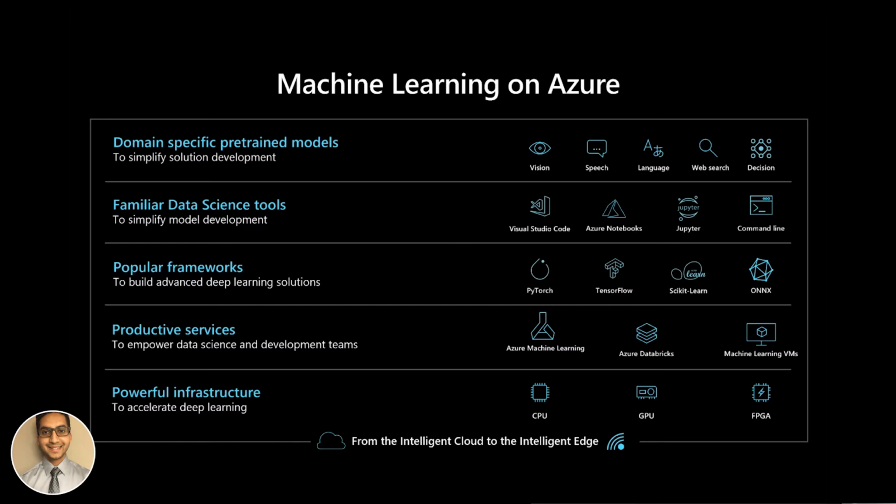So what we have is the core machine learning service. It's based on the Python SDK, and in recent months R is also supported, and you can use this SDK. Think of it like a library. Like if you're downloading a Pandas library for Python, same thing. You just pip install the library, and it installs all the dependencies for you